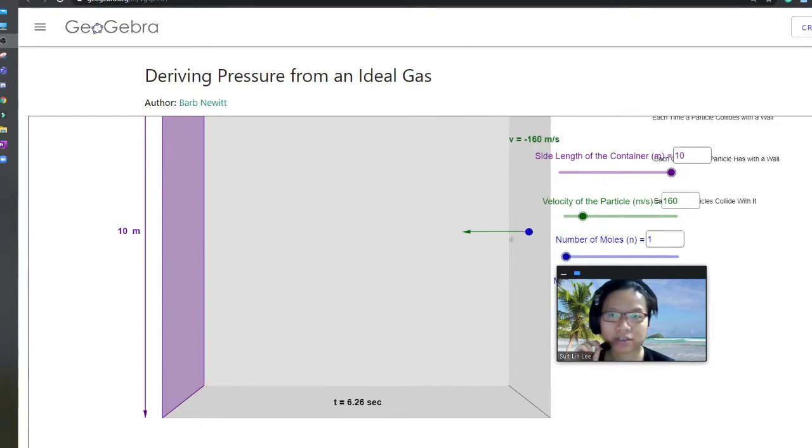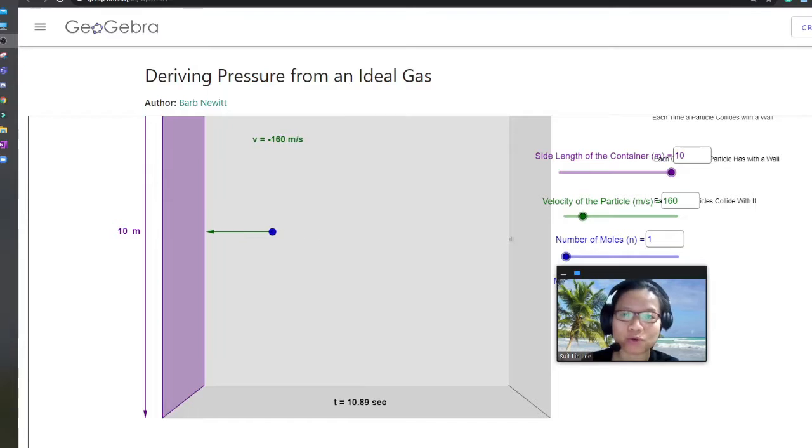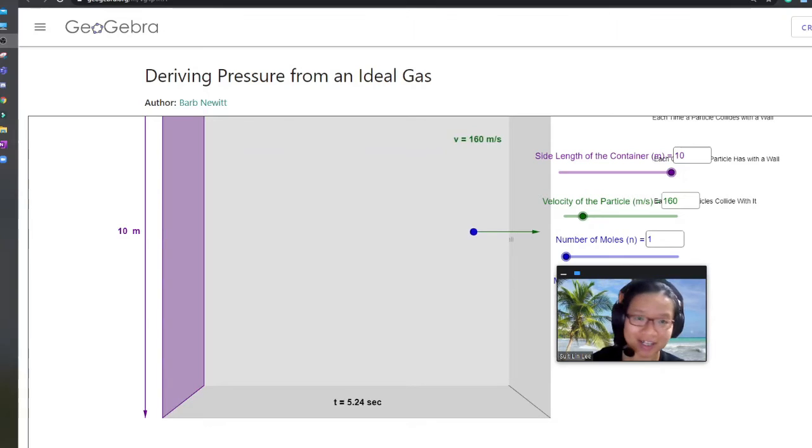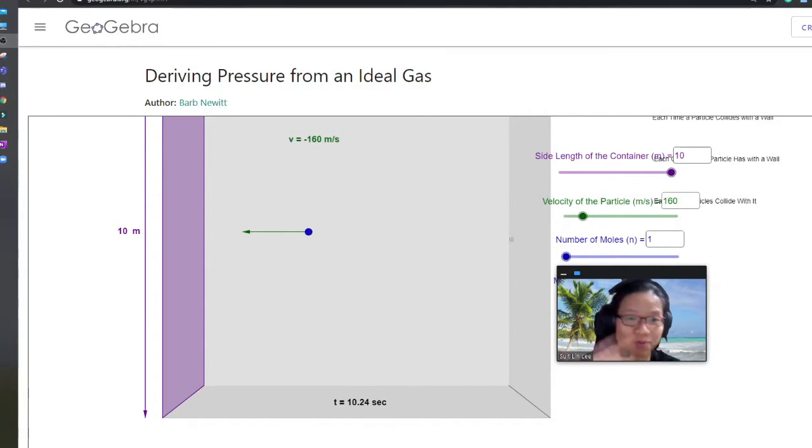In this next section, Miss Ellie and I will talk to you about how to derive the relationship between the particle you're seeing here, which is traveling back and forth in the box, and gas pressure. If you observe this particle, you will notice that it is colliding against the wall of the container. For so many years, you have written as a science student that what causes gas pressure is the collision between the particles and the walls of the container. But why is that so? Here we are now going to derive, or actually find, the relationship between the speed of this blue colored thing